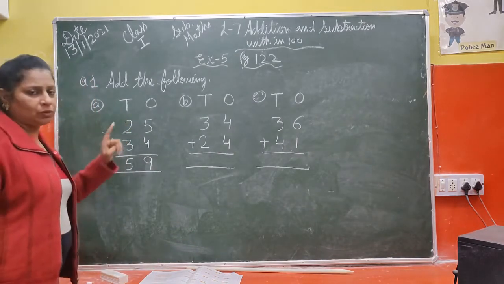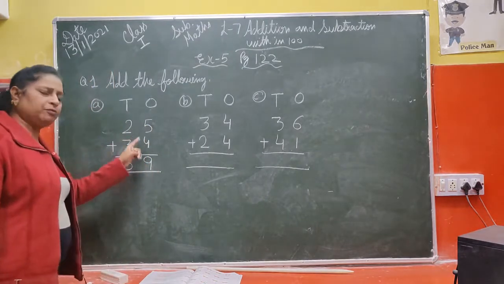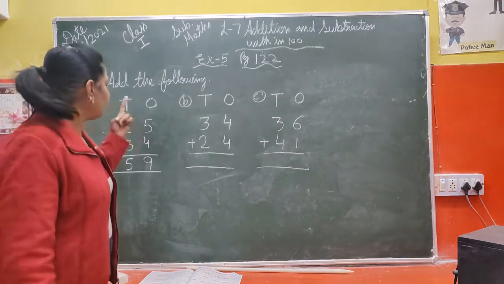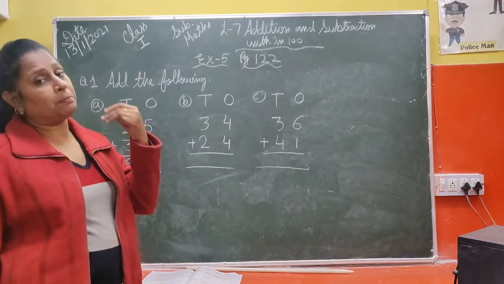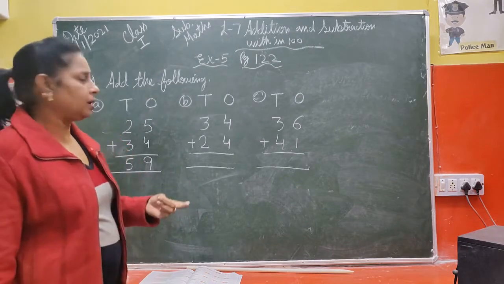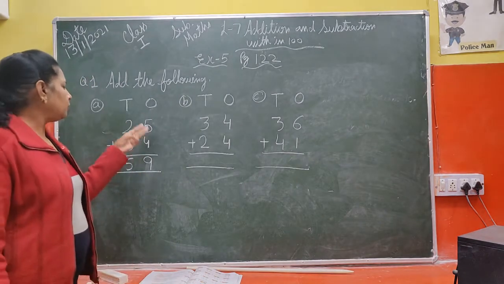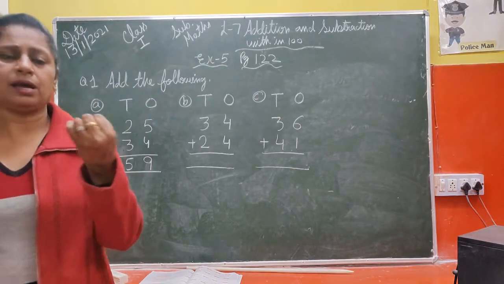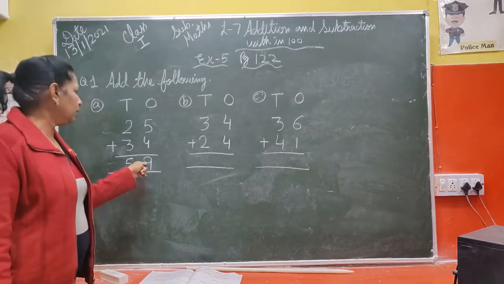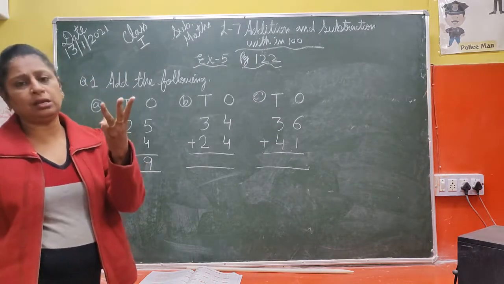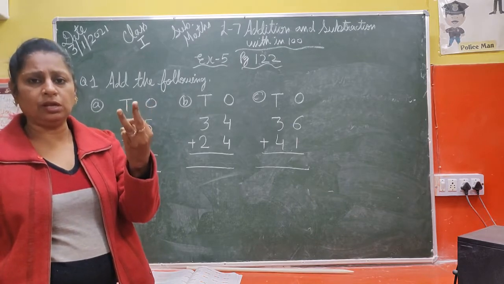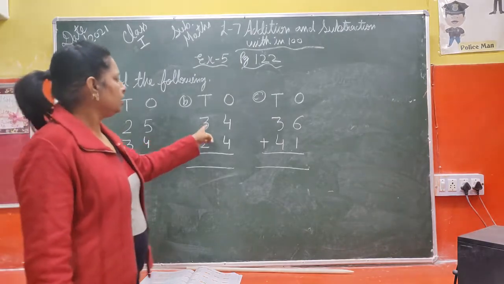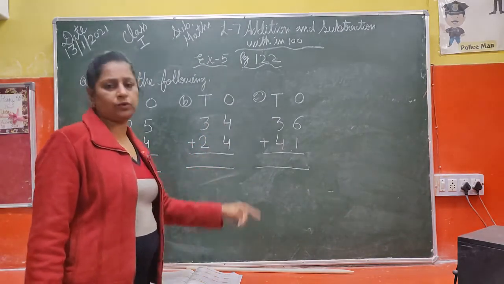Again करते हैं. 5 in my... आपको 1 नंबर को क्या करना था? माइंड में. एनी नंबर 5, 4 जो भी आपको सही लगे. एक नंबर आप माइंड में रखोगे, एक नंबर आप फिंगर में करोगे. आफ्टर 5 उस नंबर को जो भी आपने माइंड में रखा है उसके बाद से आपको आफ्टर नंबर काउंट करने हैं. So 5 in my mind and 4 in my fingers. After 5, 6, 7, 8, 9. Then look at this, answer is 9. 2 in my mind and 3 in my finger. After 2, 3, 4, 5. So answer is 59. Now here 34, 24.